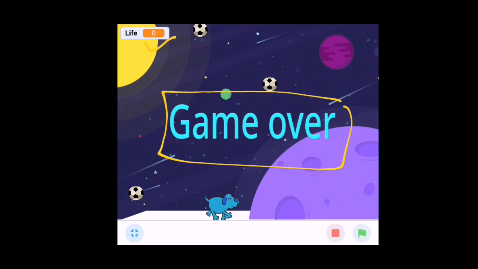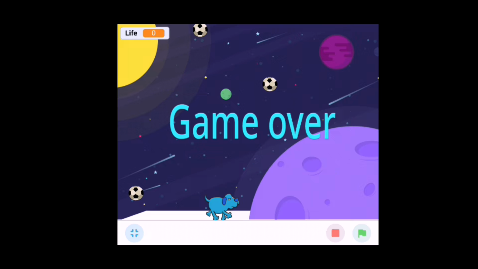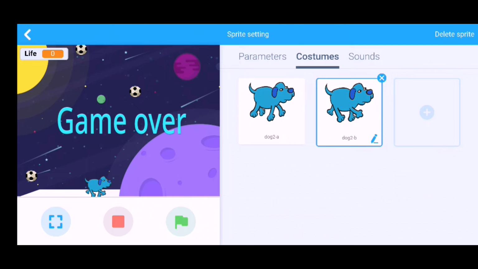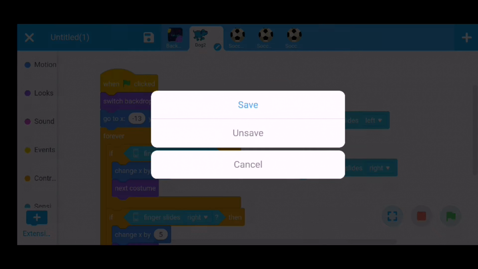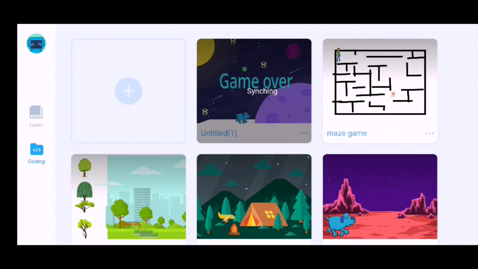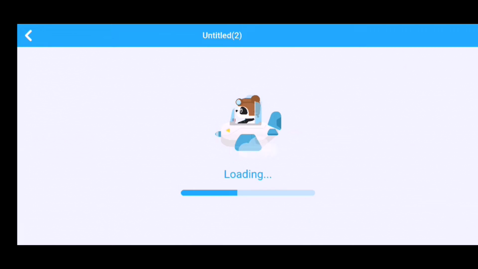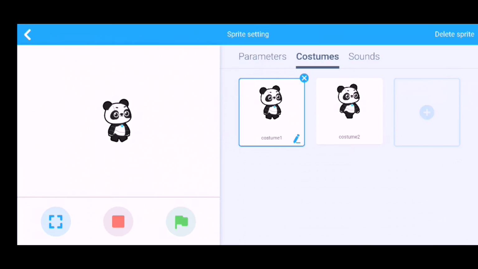Okay, now we will start to design this game. To start, first we click on this plus sign. Delete this panda sprite.